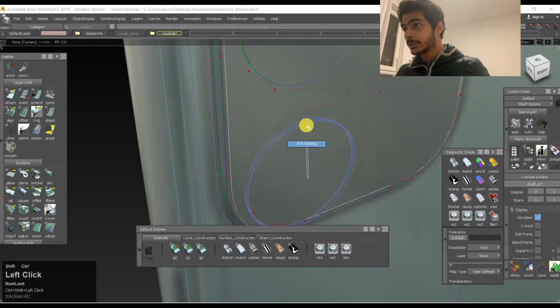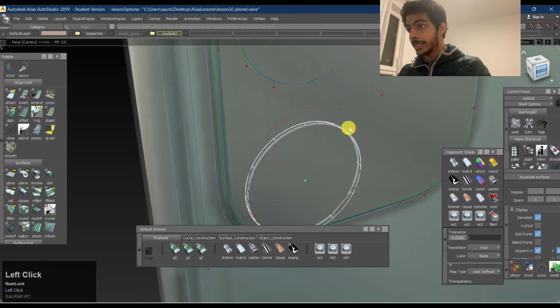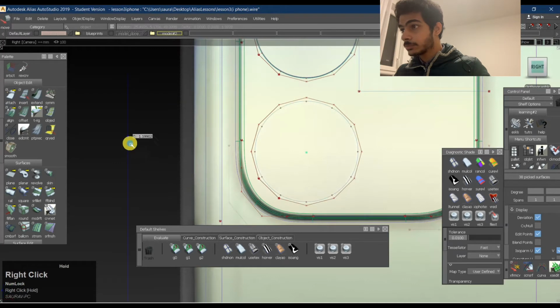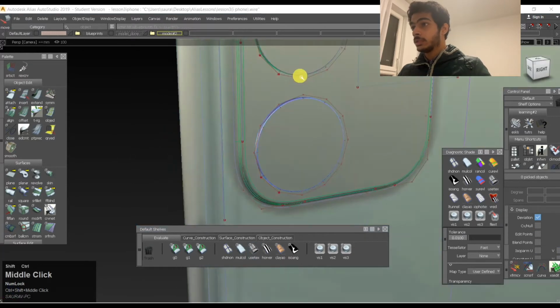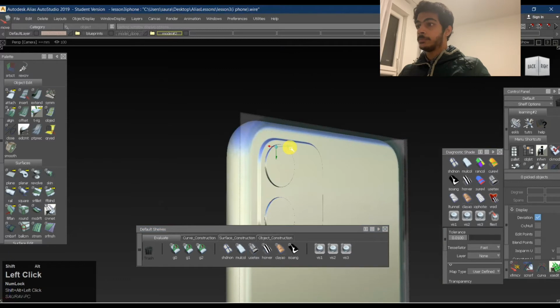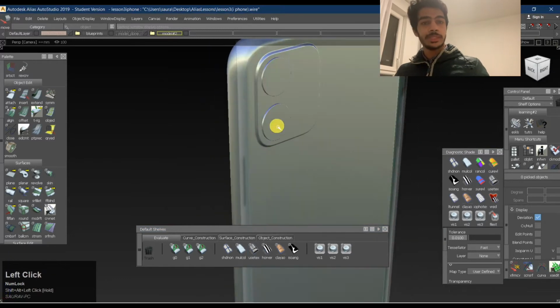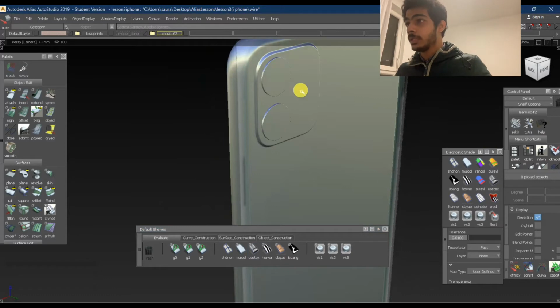So it's up to the person who is actually modeling, whichever quicker way they find out. So we have something like this. We'll just switch it on and this looks pretty okay, right? So these were just two cylinders. To be honest, these are just two cylinders. We are trying to match it as closely as possible.